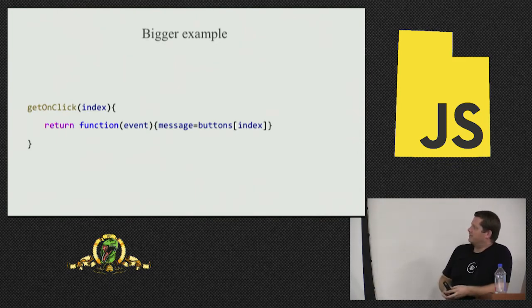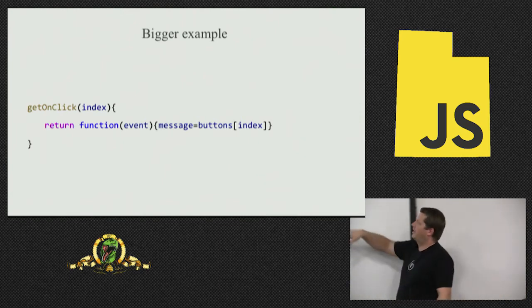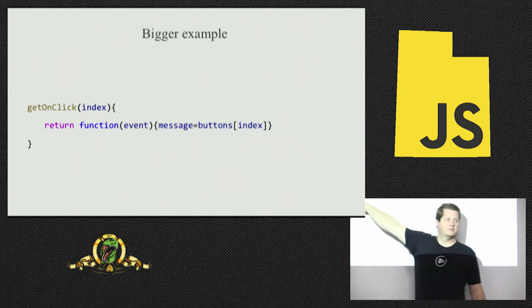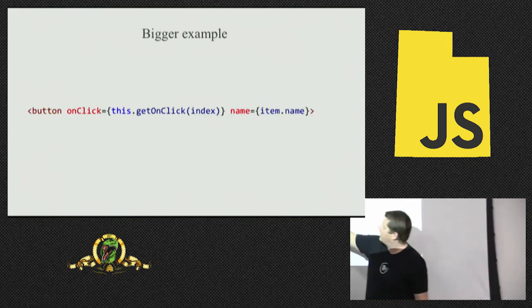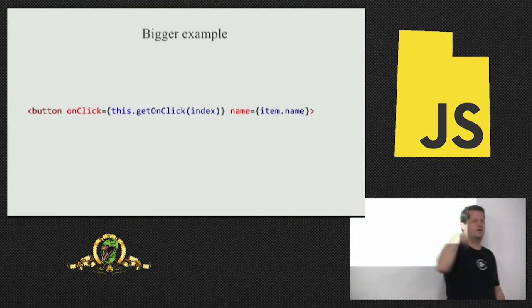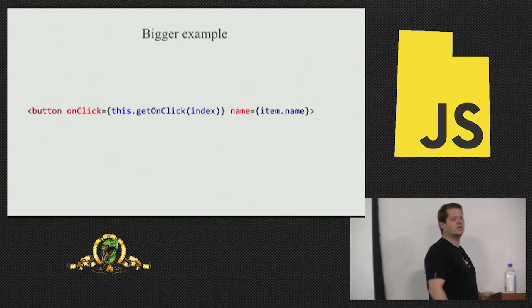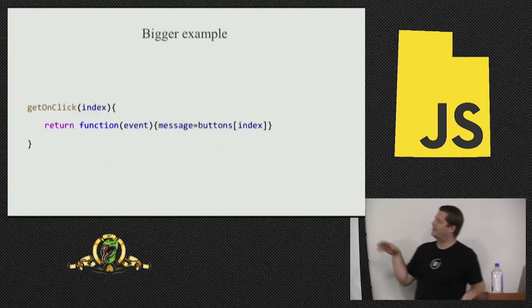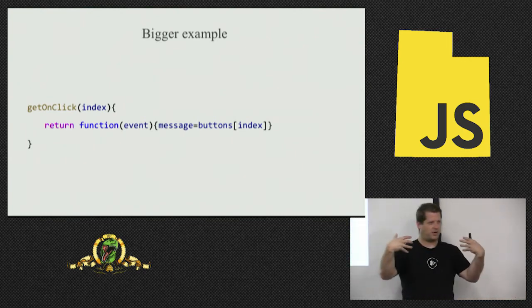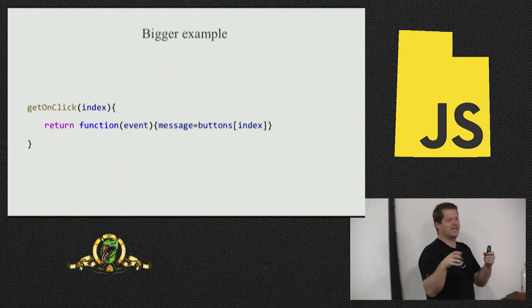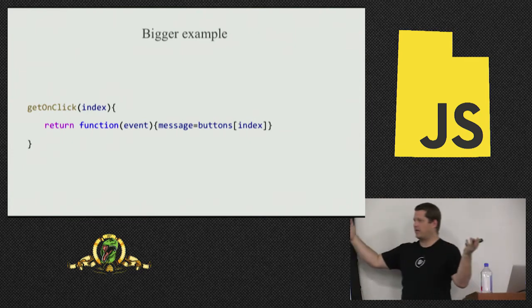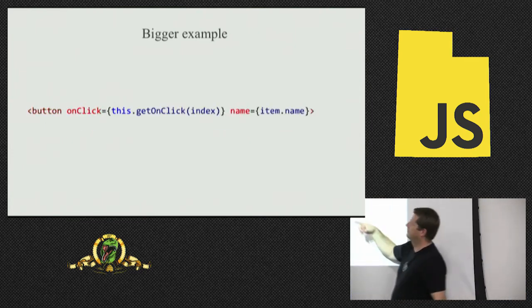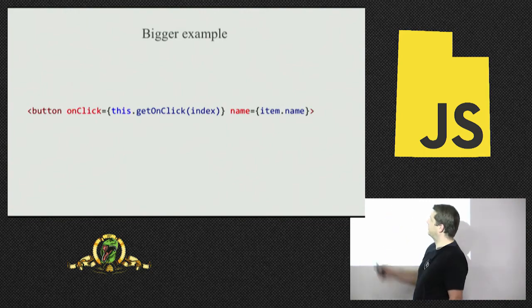So what if I did this? Get on click takes index. Get on click with index is going to return my event handler. Now I call get on click. this.getOnClick, pass in index, and now I have event handlers all wired up that just do it. So this is somewhat an example of currying. It's just we pull it apart. We think about functions as things instead of just pieces of code. So this function is a thing. I'm going to pass it back, and I'm going to wire it all up. This is much, much simpler.